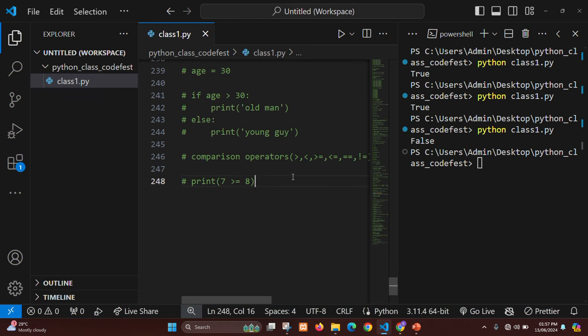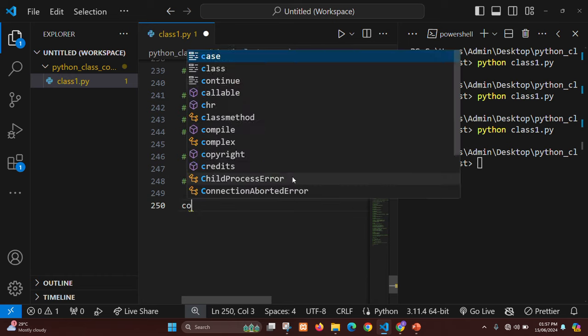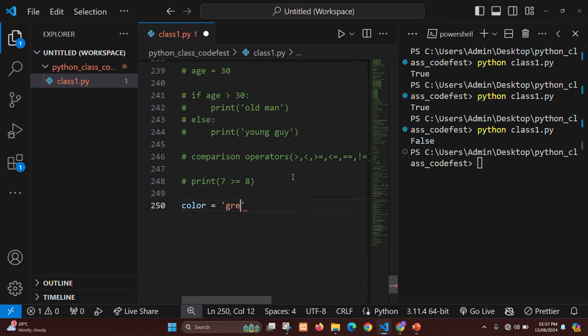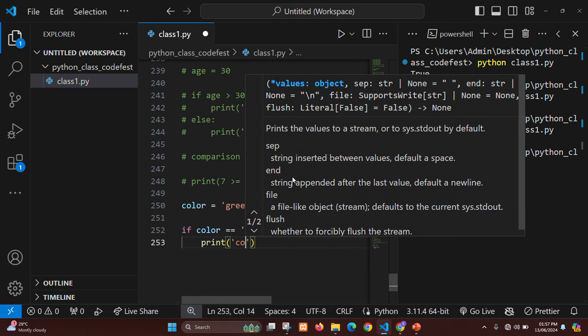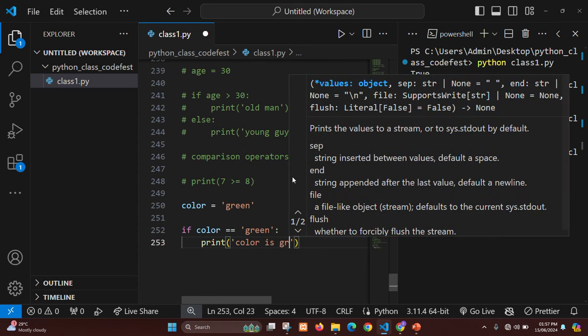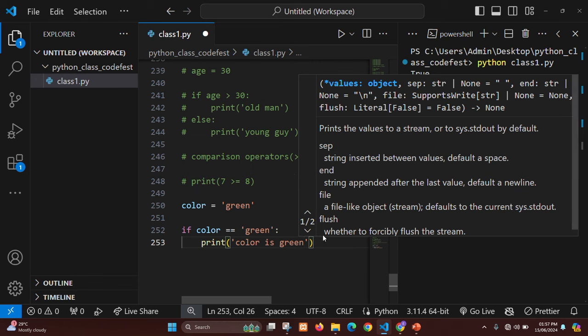So now let me just do something like that. I'll say color equal to green. And now I'll see if color is double equal to, sorry, I'm supposed to use that, color is equal to green. I want to say print color is green. So let me just copy this,